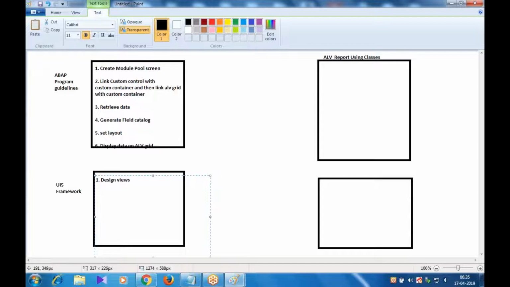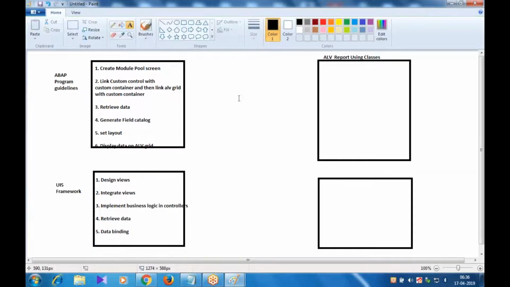Here we will design the what? Views. Try to understand. We'll design the views. Then we'll be integrating the views, which means we will link the views. Then we need to write the business logic related to the views. So we'll implement business logic inside what? Controllers. We have something called controllers. Just leave them. We'll discuss it going forward. Then we will retrieve the data from our backend systems. After retrieving, we will do the data binding. Okay, so what I can say is you can compare